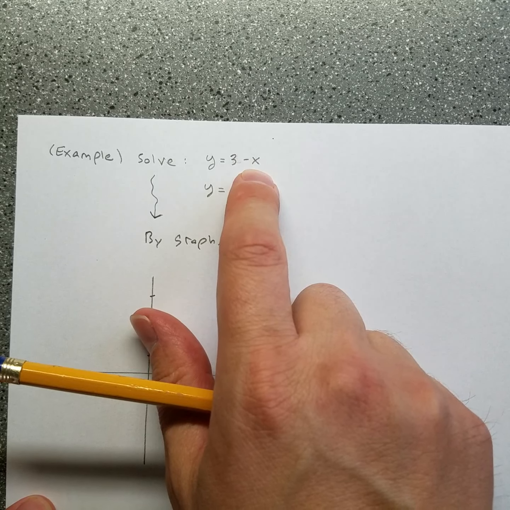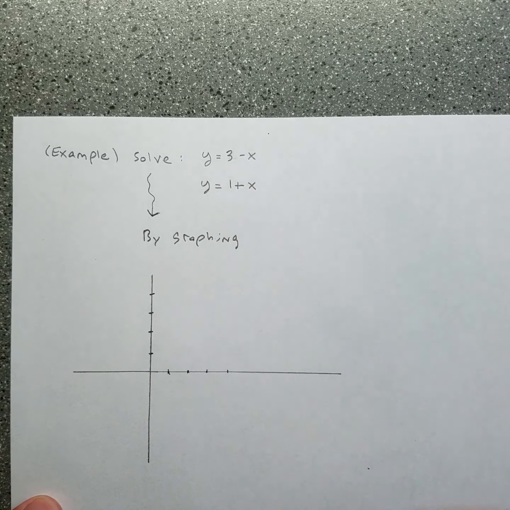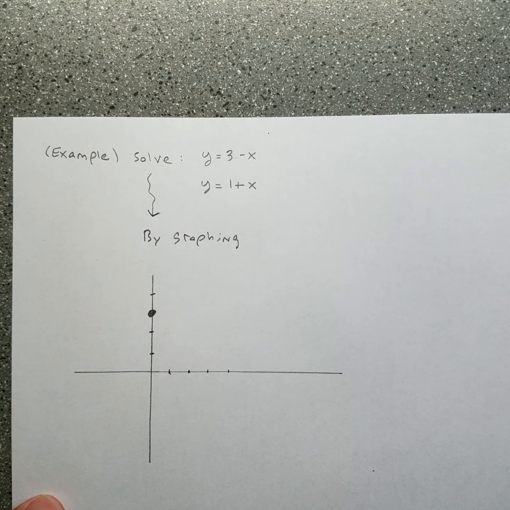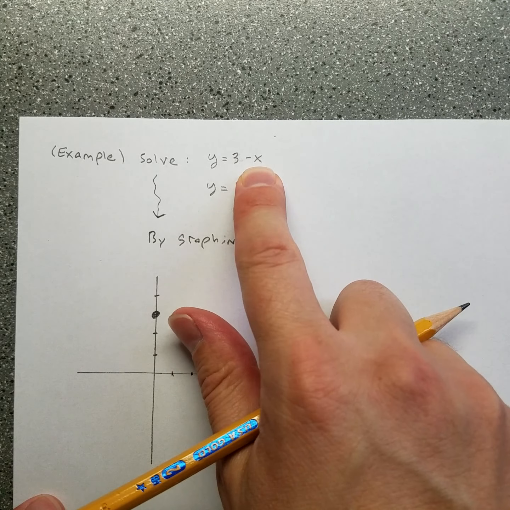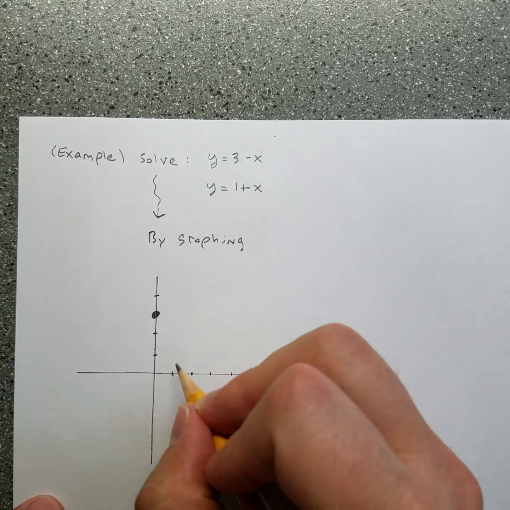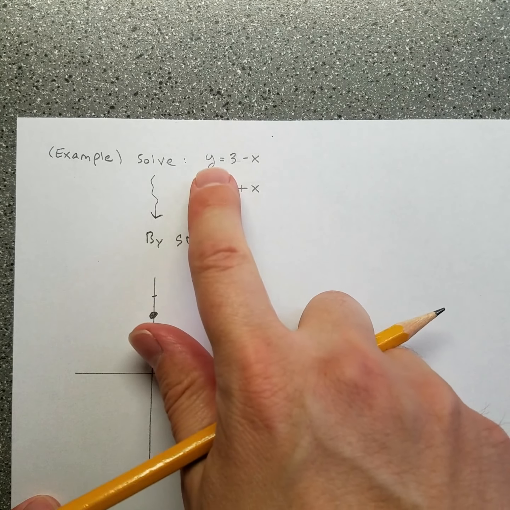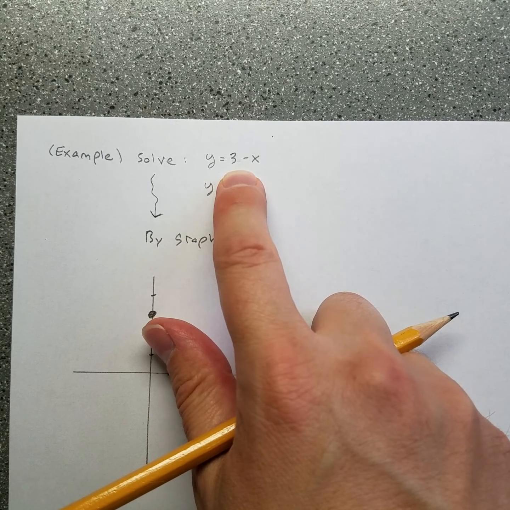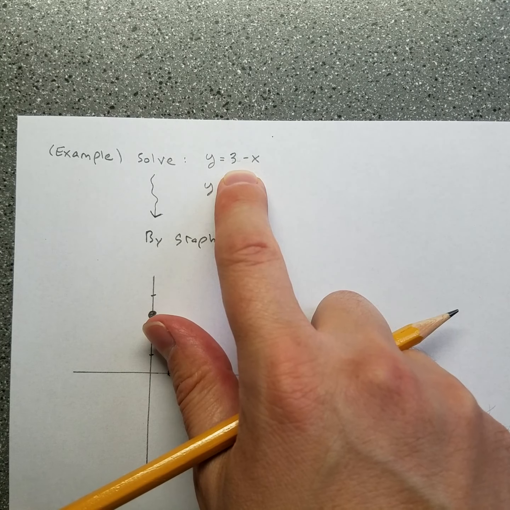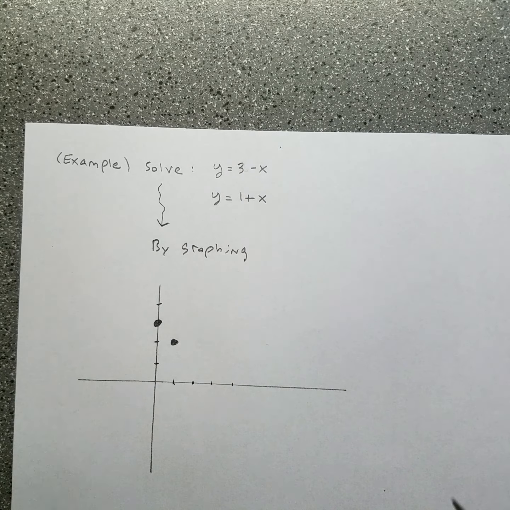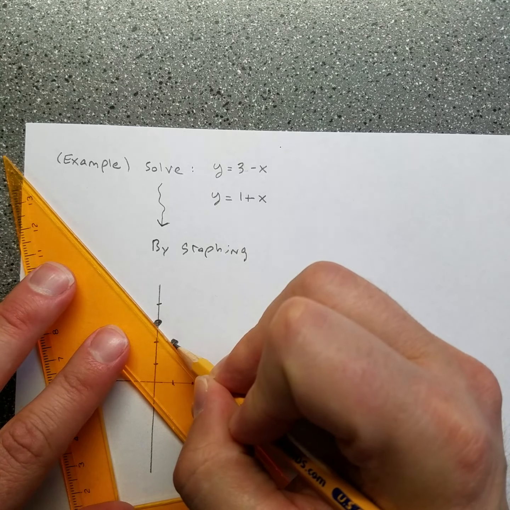If x was 0, y would have to be 3. So it's got that point on it. And if x was 1, y would have to be 2. Okay? But I'm aware that that's a straight line. So how many points do you need to draw a straight line? Well, 1 point's not enough. 3 points is really more than you need, but 2 is just right. So I know that